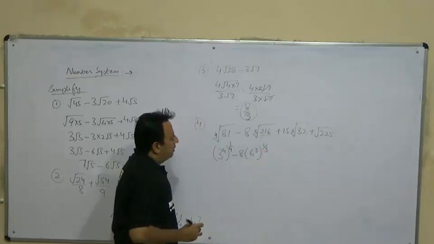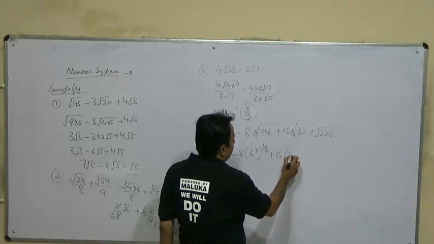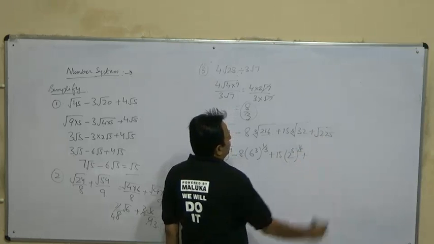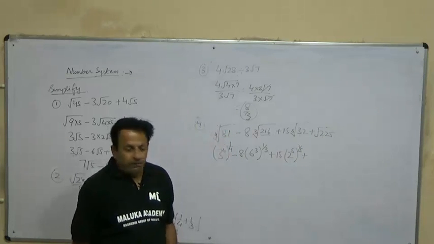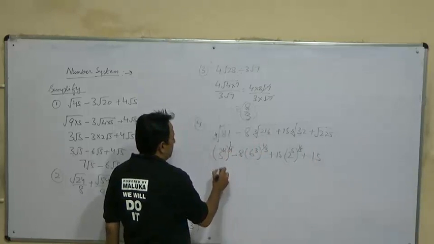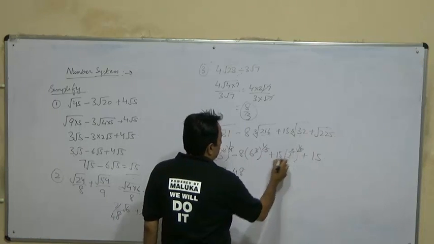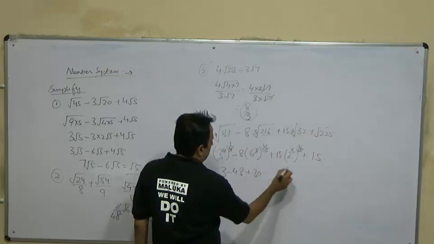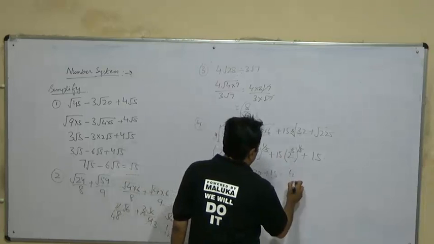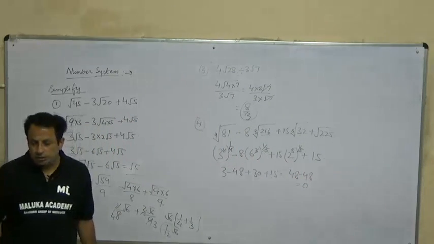Then it has got power 1/3, plus 15. 32 we can write as 2 raised to power 5. Then we have 1/5, plus square root of 225. So that can be given as 15. So this will be 3, minus 48, 15 twos are 30, plus 15. So this is 45, and 3 is 48, minus 48. This is equal to 0. तो ये 0 के इक्वल आ जाएगा।